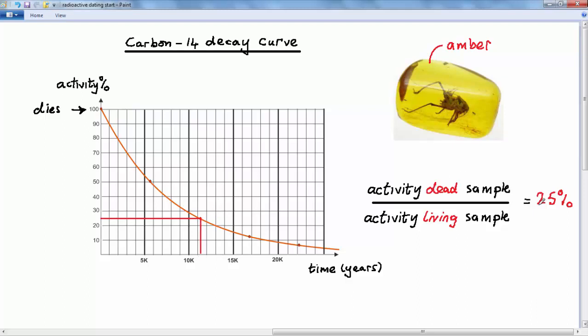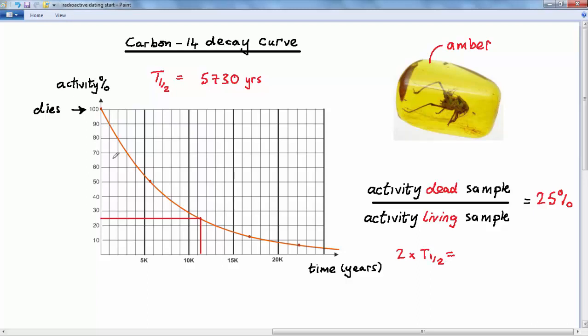Okay, we know that the activity will fall to 25% in two half-lives. That's 50%, and then half of 50 is 25. And so if the half-life of carbon-14 is 5,730 years, as we mentioned earlier,